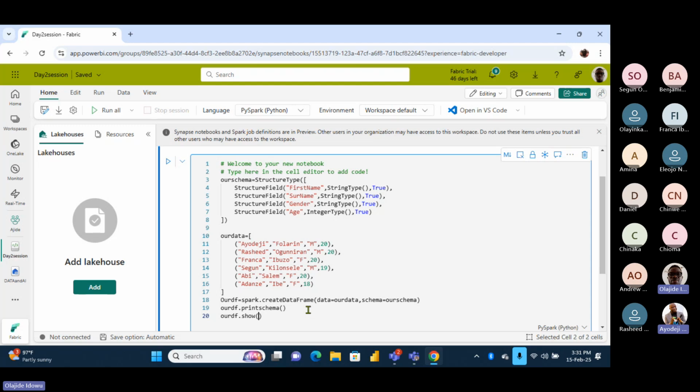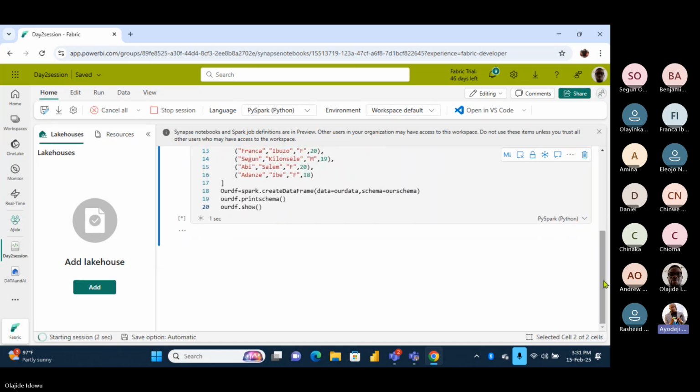All right, so what do I do next? Go ahead and run the cell now. Let us see. If you are running a notebook, a Spark code, for the first time, it takes longer.